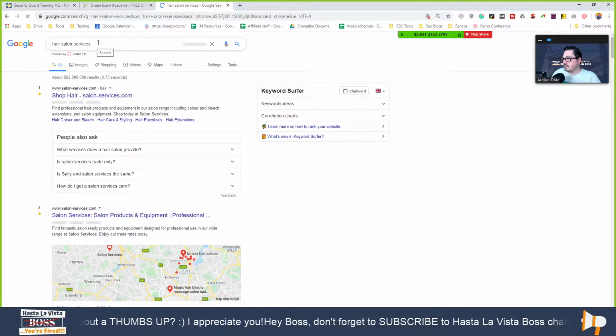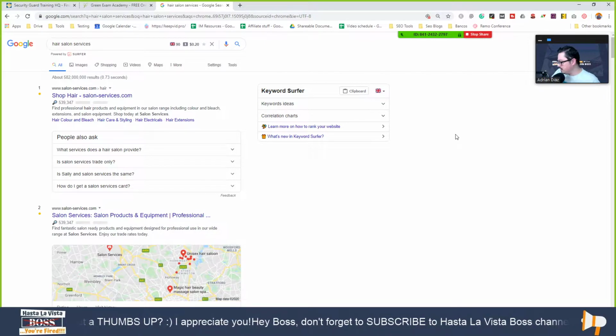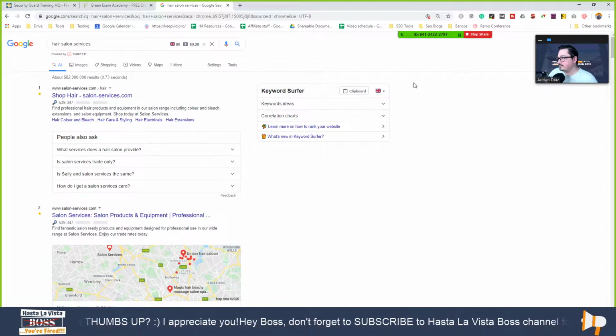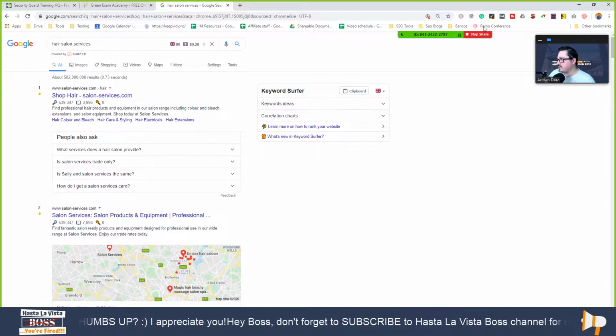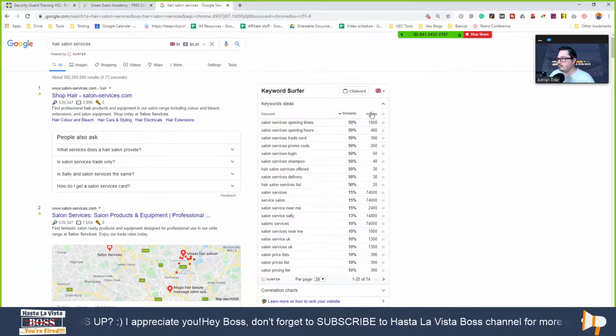Hair salon services, and then of course you're gonna have your Keyword Surfer or Keywords Everywhere, whatever you use for this, for you to get these related keywords in here on the SERP. So you can basically go for kind of two types of services if you want,